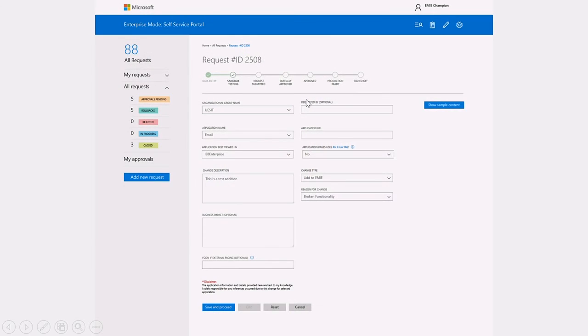Now, MSIT similarly created their own tool for managing this process and enabling line of business application owners to be able to submit their own requests to say, I own this HR application. This HR application should be in this document mode. And so we've created this tool, and we do plan on releasing this through open source on GitHub. Engineering is working on the string changes right now and making sure that it has a good look and feel for users.